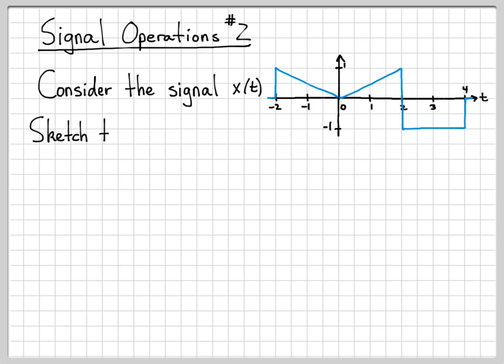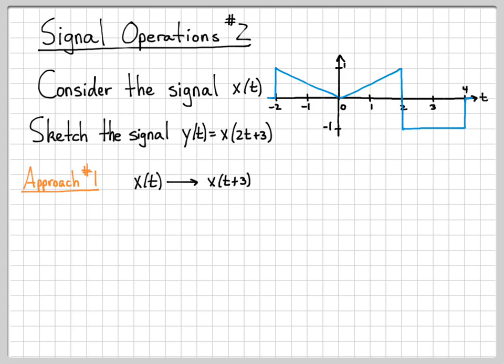And what we're going to do is sketch the signal y of t, which is equal to x of 2t plus 3. So we can tell that there's some shifting going on, and there's also some type of compression or expansion. We're actually going to do this two different ways. In each way that we do it, each approach will end up getting the desired signal, x of 2t plus 3. We'll just order the combined operations in different ways, and we'll show how you need to be careful in how you do the operations. So approach number one,